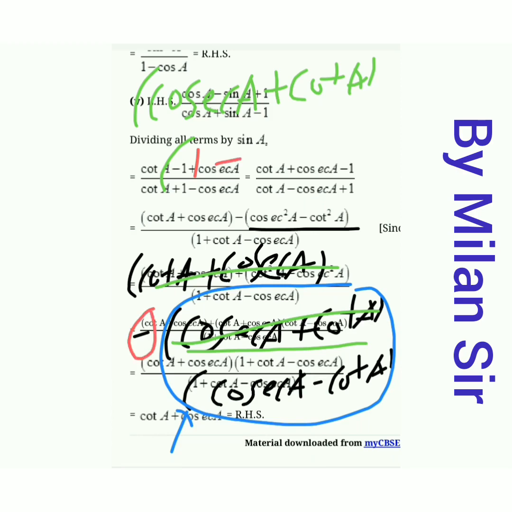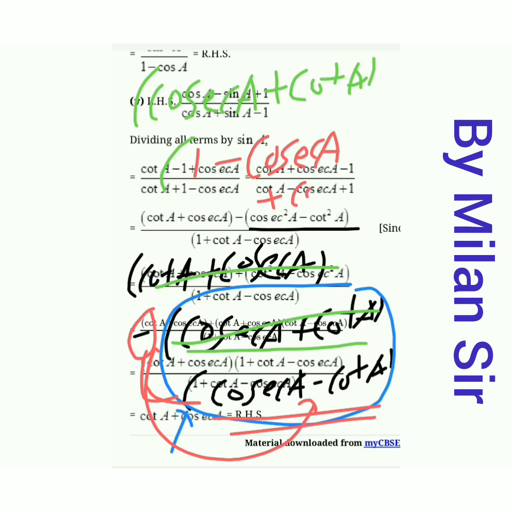Now in the second bracket, what is remaining? It's cosec A minus cot A, because one bracket we already took as common. So the second bracket is remaining. Now multiply the minus sign with this bracket. So minus plus minus, so minus cosec A. Then here minus and here even minus, so minus minus plus cot A. This is our numerator.